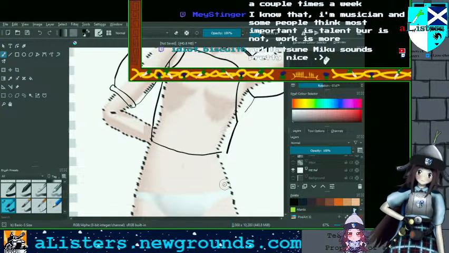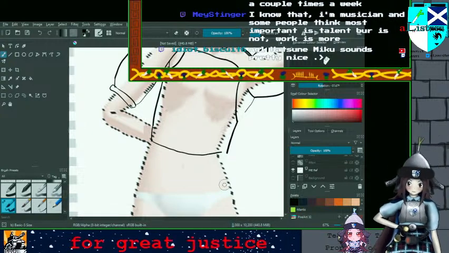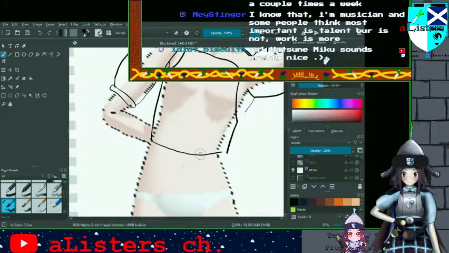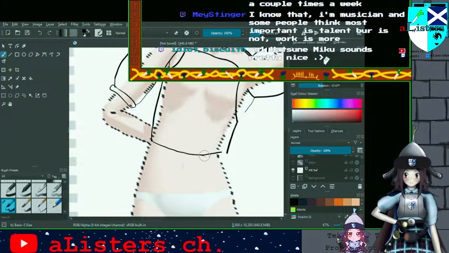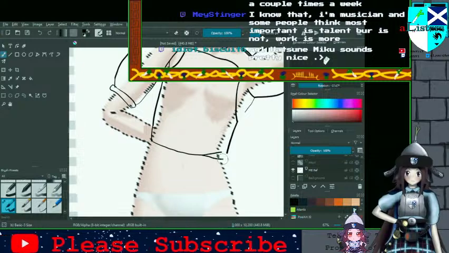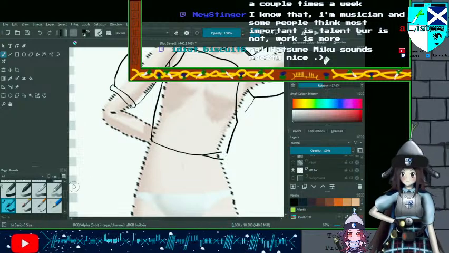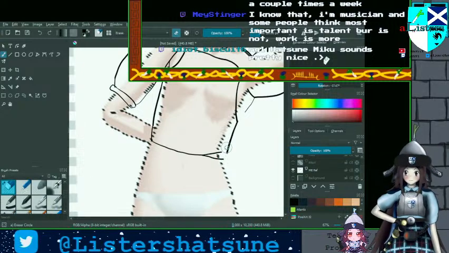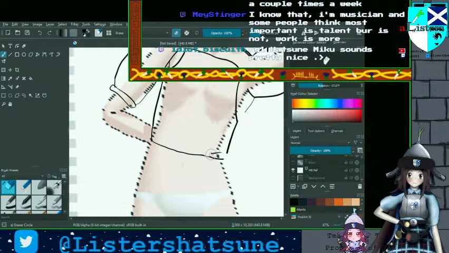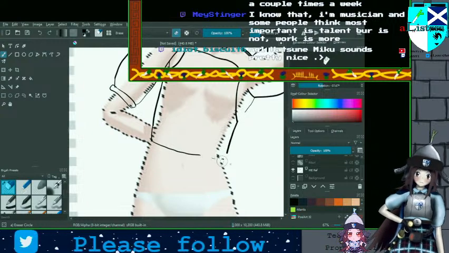See what I've done there again. I've drawn a second line that looks like I've overcorrected.